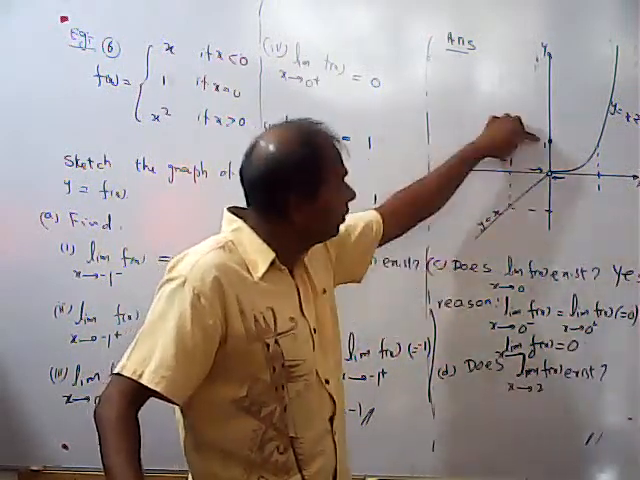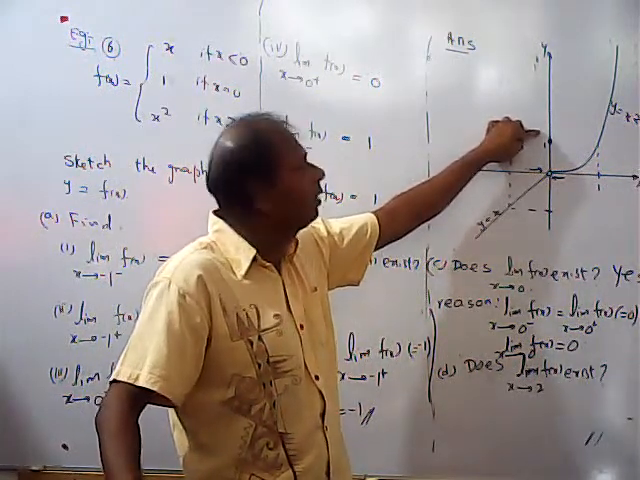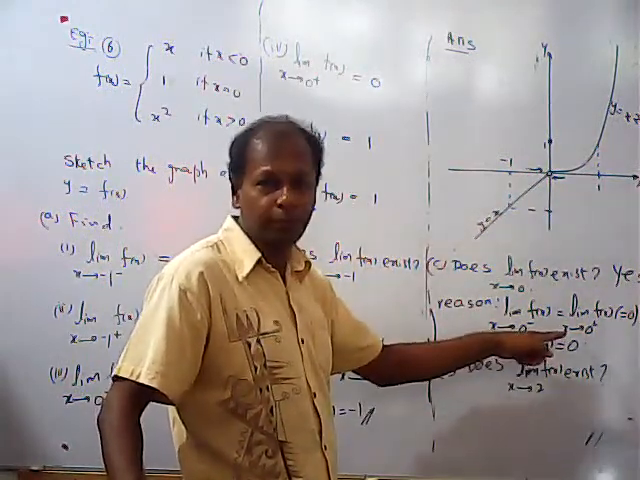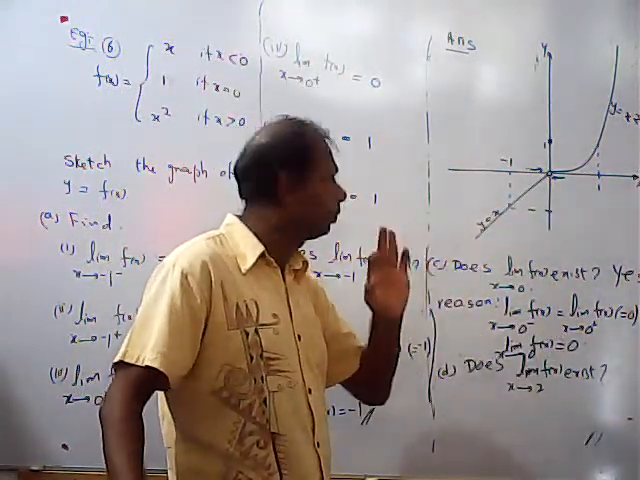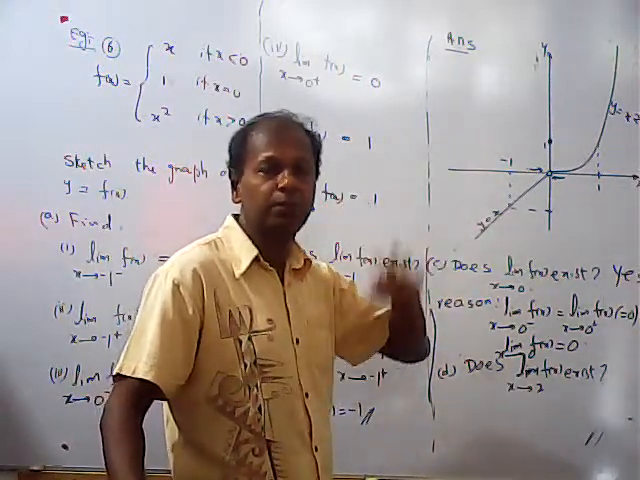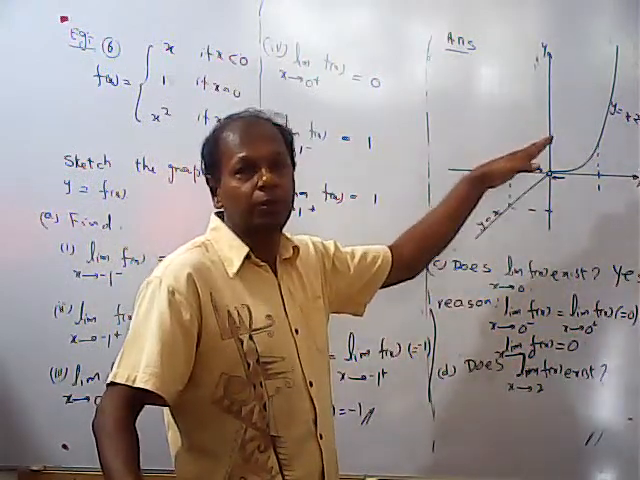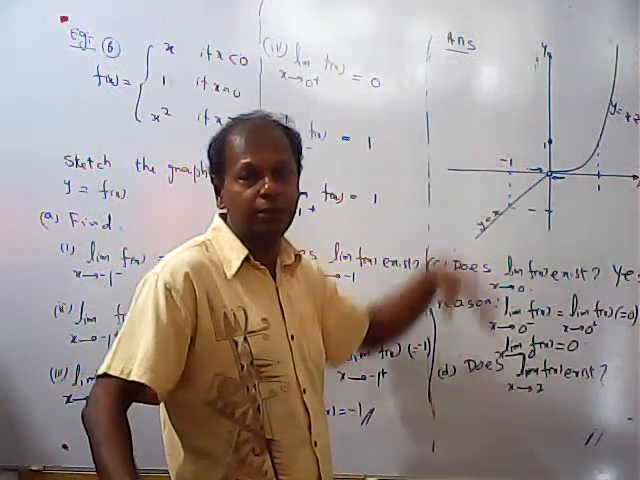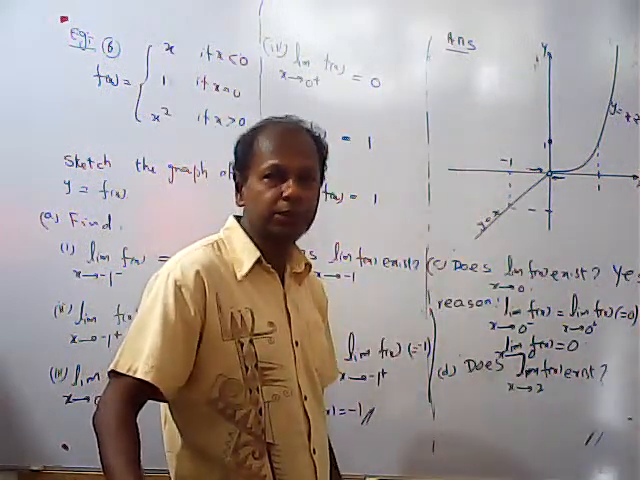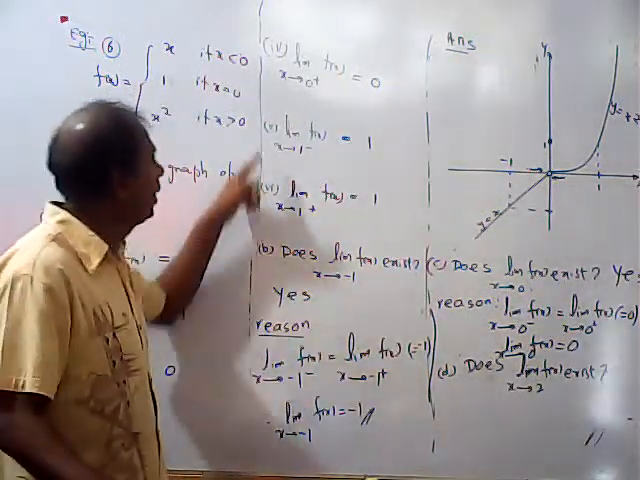But look at this, the function value is not 0. It is some other value. The function value is 1, the limit is 0. To say that the limit of the function at 0 is 0, we don't need to see what happens to the function value at 0, right? To say the limit is 0, we don't need to see what happens to the function at 0. Okay. Now easily you can say at 1,